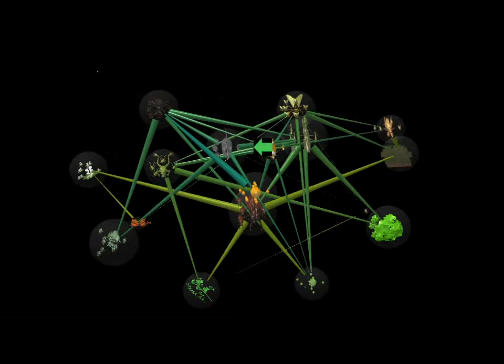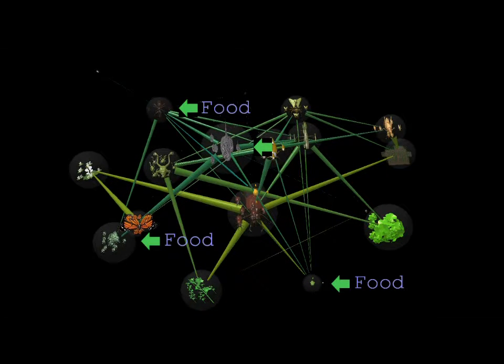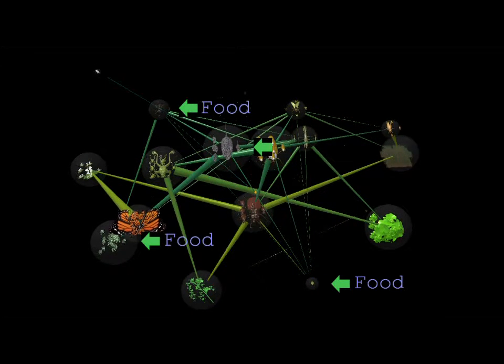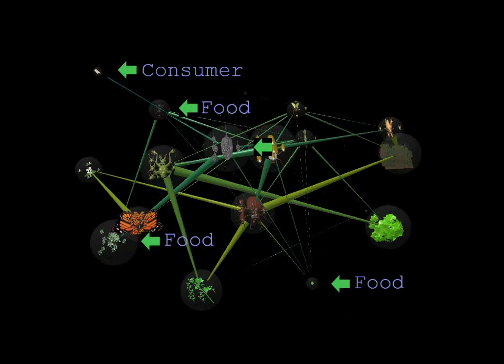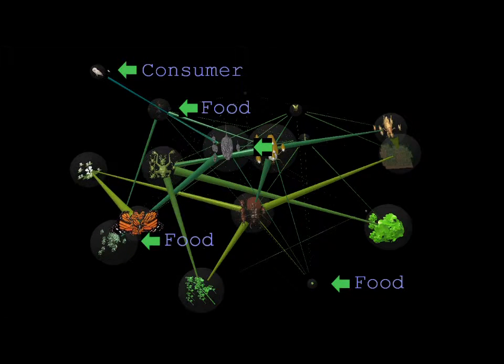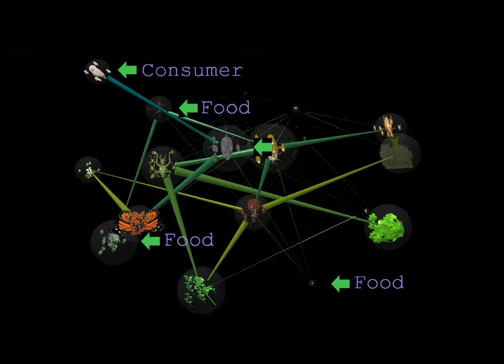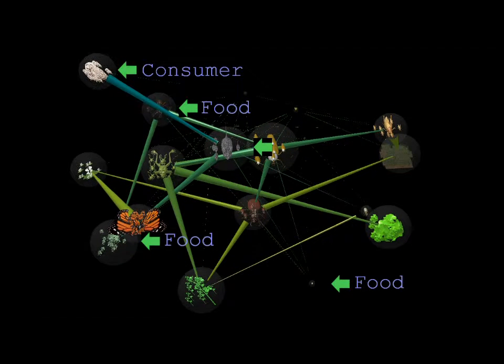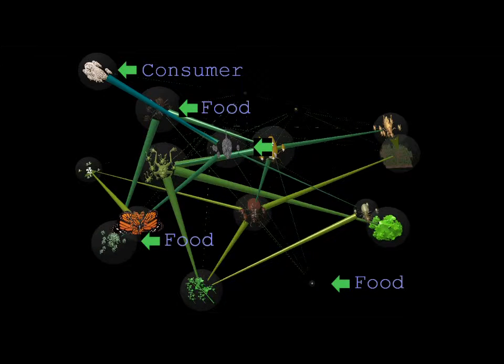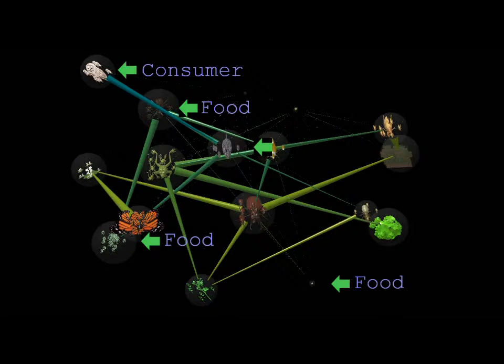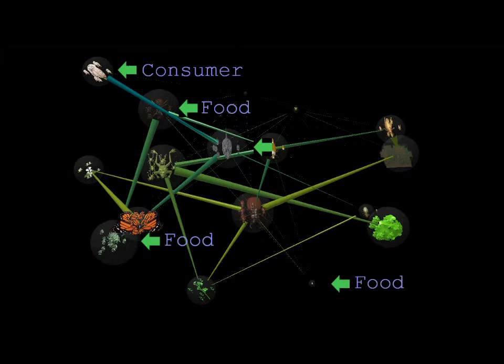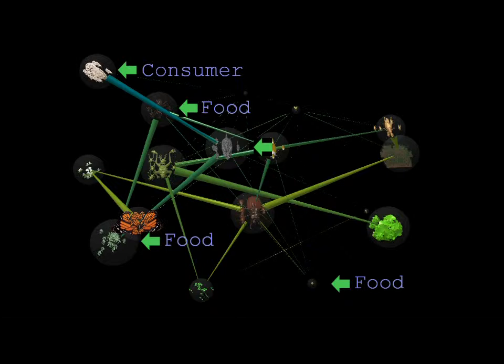Certain species become more abundant, which decreases the abundance of their food species and increases the abundance of their consumers, such as predators. This in turn makes the certain species less abundant, which lets their food species increase and starves their predators, making them less abundant. And this starts the cycle all over again by allowing that certain species to become abundant again due to plentiful food and few predators. Such effects travel through the web to affect predators of predators and so on.